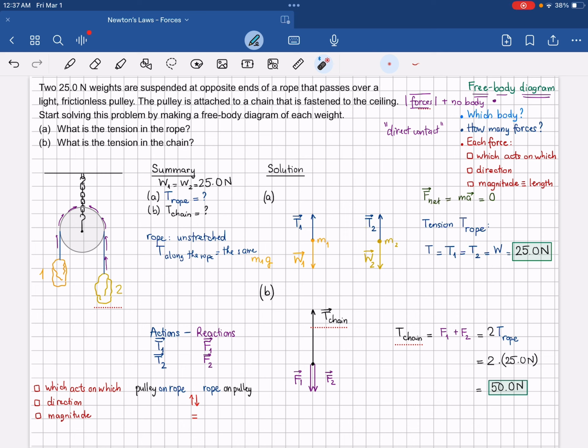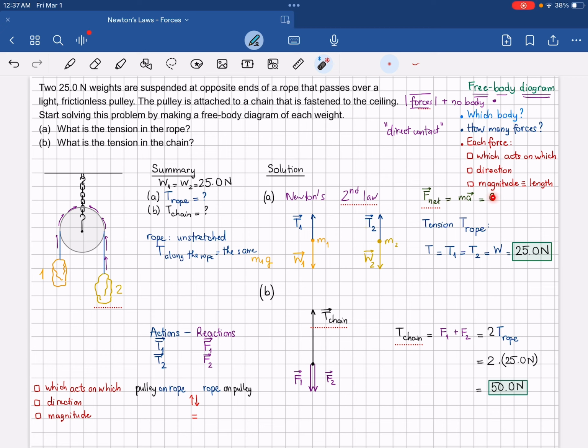The rest is to identify the magnitude of this one, and we need to use Newton's second law. Usually in this chapter we only focus on Newton's laws that apply to forces. And Newton's second law states that F net equals ma. So F is the cause of the acceleration for an object, for a body of mass m. And here we see that both of them stay still. So